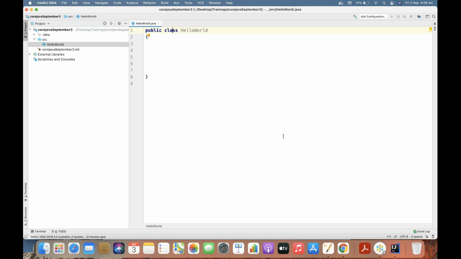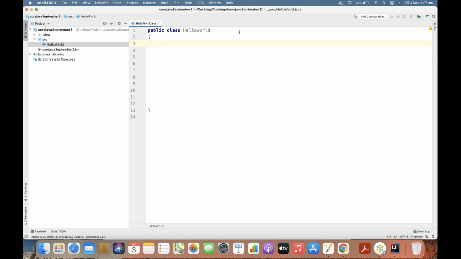All these things are auto generated, and the set of curly braces here represents the scope of the class. Scope in the sense that whatever you put inside these curly braces belongs to the class. So this is the scope of your class between line 2 and 9. Now you can give as much space as you want, and you can write as many lines of code as you want. And one more important thing, every Java program should have a main method.